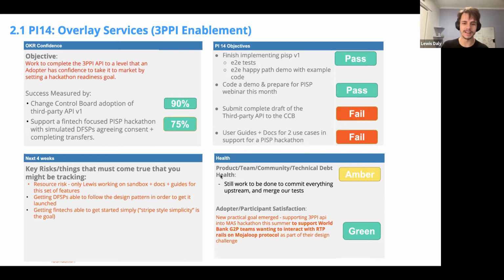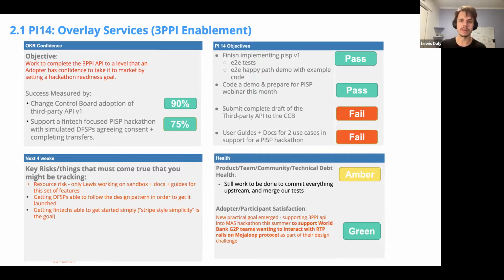So bottom right, maybe just looking at health. There's work to be done here, and that's on our roadmap that we're going to talk about, around getting everything committed back upstream and the tests merged in with mainstream Mojaloop, to make sure that when you deploy Mojaloop, you can either flick the switch to say, yes, I want PISP functionality, or no, I don't want it, and everything should work.